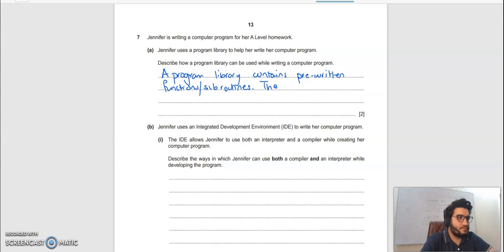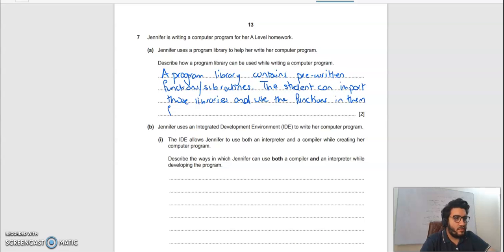The student, Jennifer, basically can import those libraries and use the functions in them for developing her code,